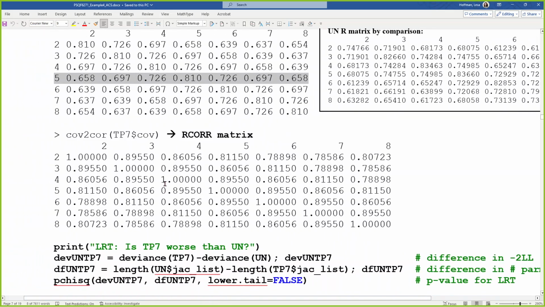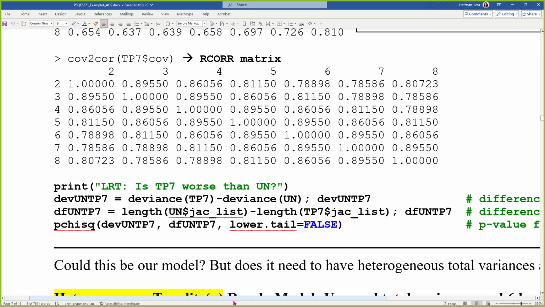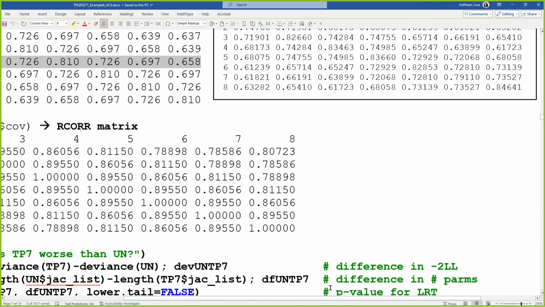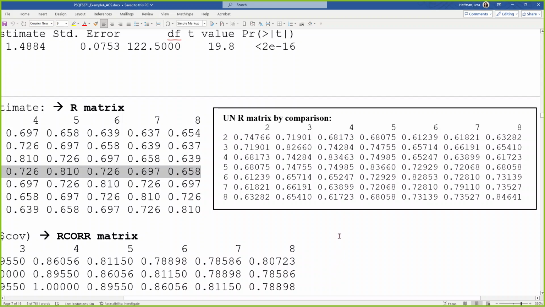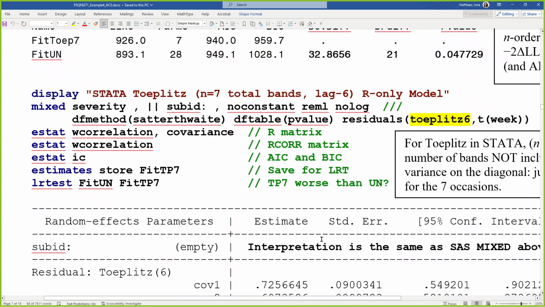So if I stare at the correlation matrix, what do you think of this? Eyeball it. Does it look like it's doing a decent job? How do I know? Here's the answer key. This is the total variance covariance matrix in the UN model. To the left of it is what Mr. Toeplitz says. I think it's the closest one yet. Whether it's good enough, we don't know. But it looks pretty good. Survey says,